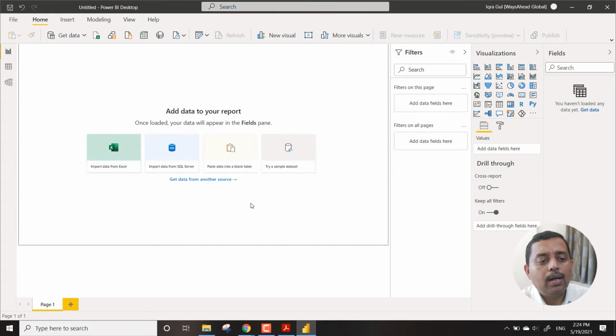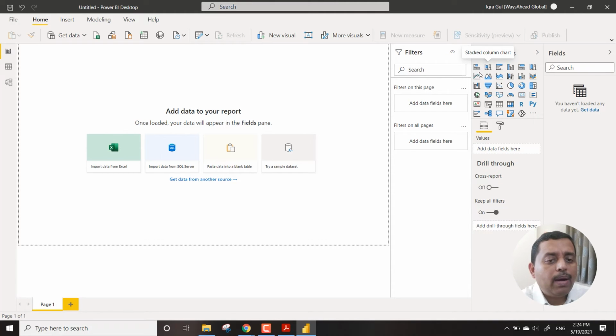So you can call this the structure of the Power BI Desktop version. Followed by the sections which carry all the visualization work. All the visualizations, starting from bar charts, column charts, funnel charts, and correlation charts are there, then tables and matrices are there.